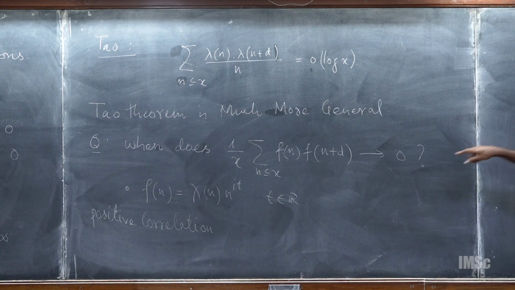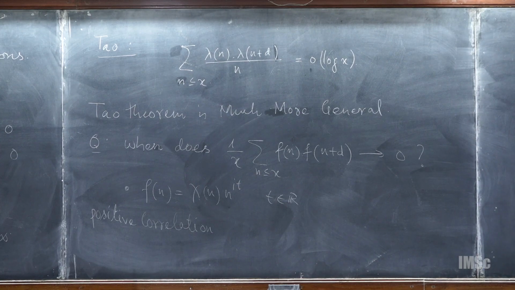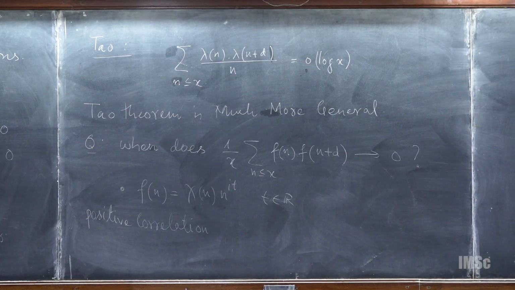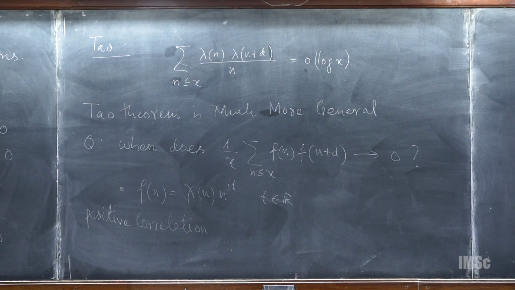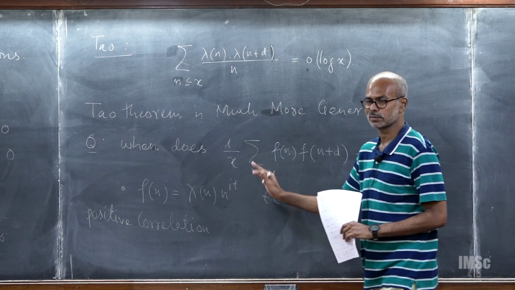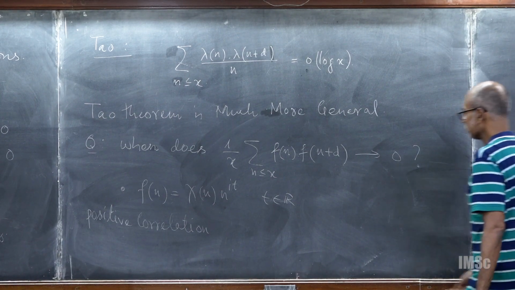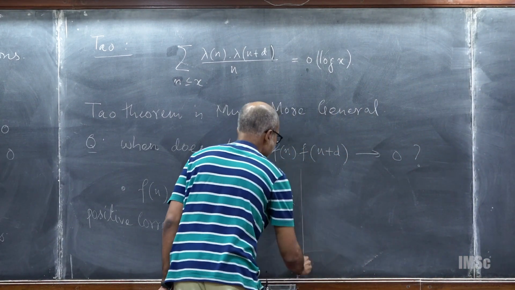Yeah, that would involve t and the conductor, of course. So these functions have, essentially Tao's result says that these are the only exceptions in some sense. So what this result says is that